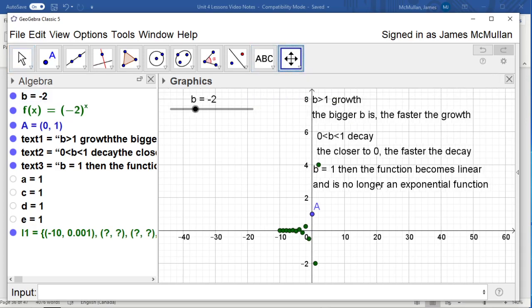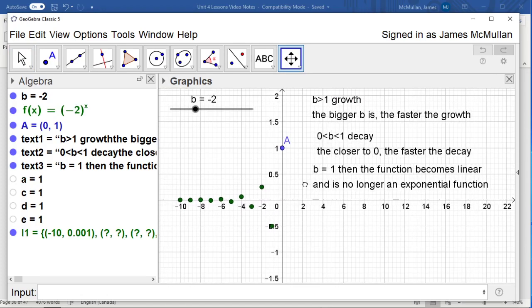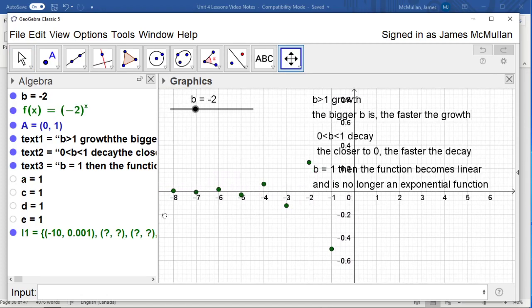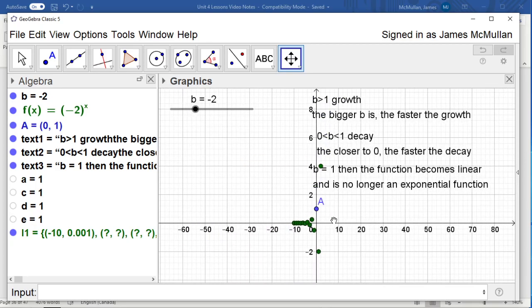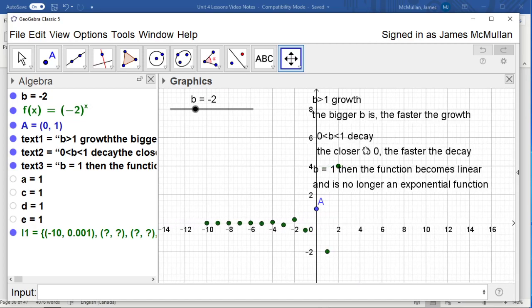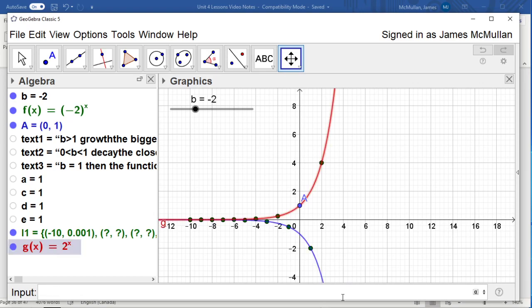Okay, now let's try and make sense of what we're looking at. It kind of looks like a double-sided exponential, right? If we stretch this out a bit, make it a bit easier to see, and let's hide this text. It has exponential growth, but it also has negative exponential growth. And if you draw 2 to the x, the positive one, and -2 to the x, the negative one, when you have a -2 as the base,